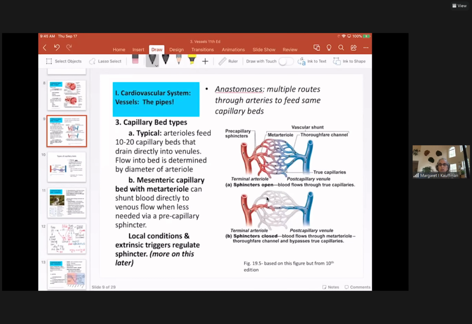And so the local conditions here are going to tell these sphincter muscles to close because we don't need much oxygen. So once again, we're going to be discussing intrinsic factors, like the local condition factors, and extrinsic factors, like sympathetic norepinephrine, epinephrine, or angiotensin II, on these sphincter muscles. So with that little bit of anatomy,